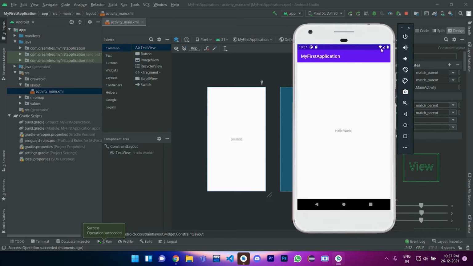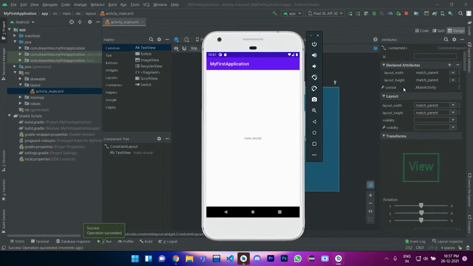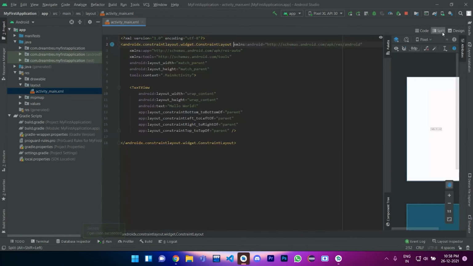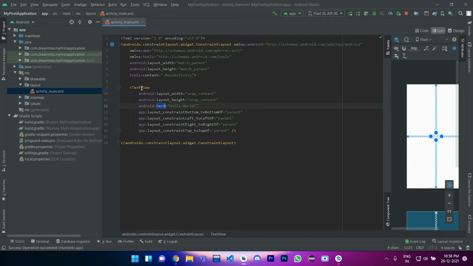Okay, our application is running. As you can see, there is an action bar over here, and the name of our application is displayed. Also there is a text field, Hello World, displayed over here. Let me change the hello text. I'm simply using the split method. Here you can see the text property of the text view. You can simply change the text here, like I say, welcome to Android development. Okay, so that's it.